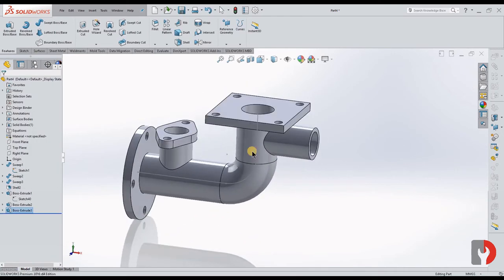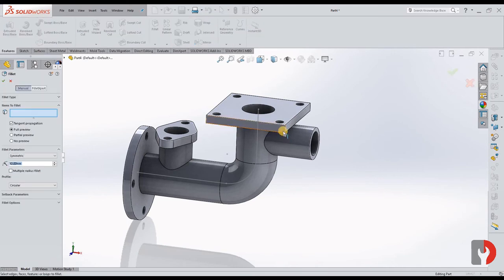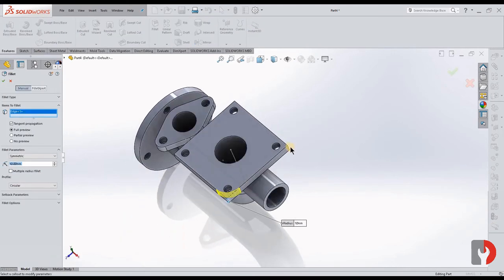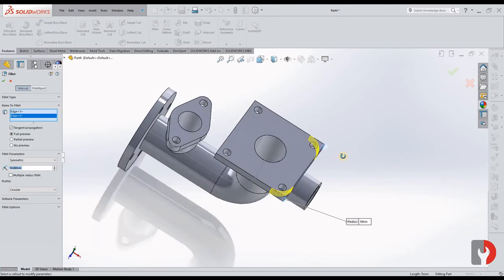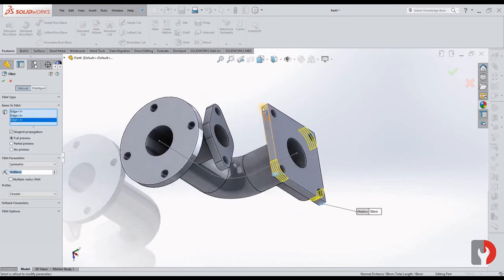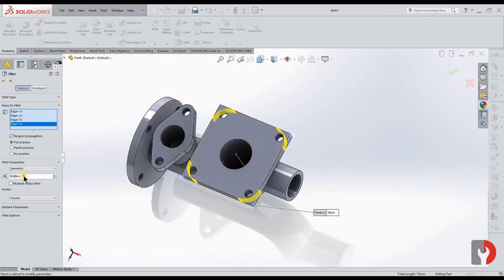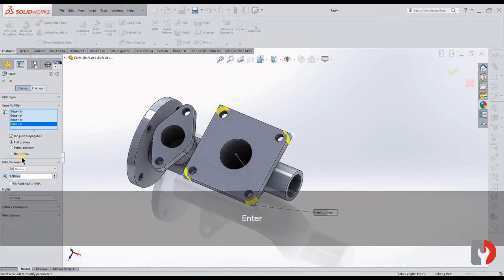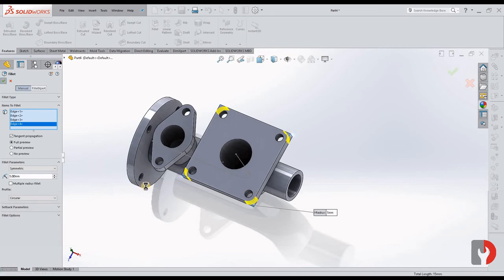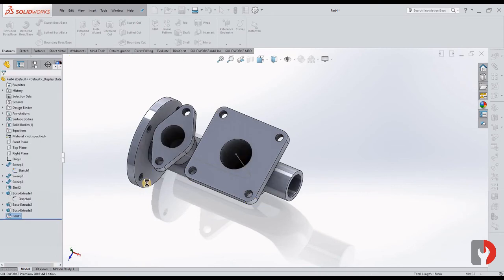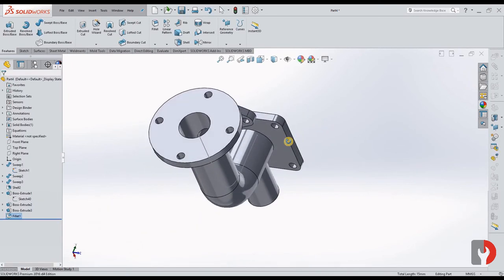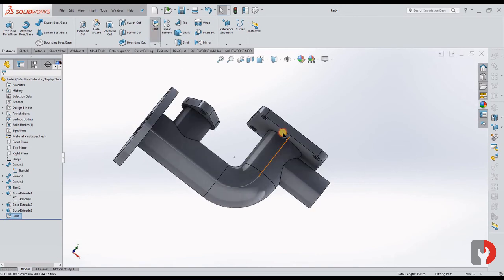Okay, now click on fillet. Give the radius as 5. Okay, now fillet again.